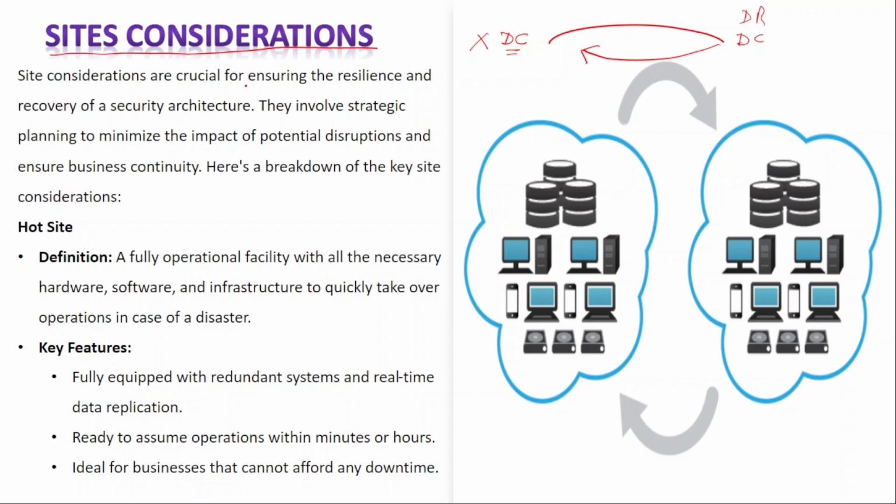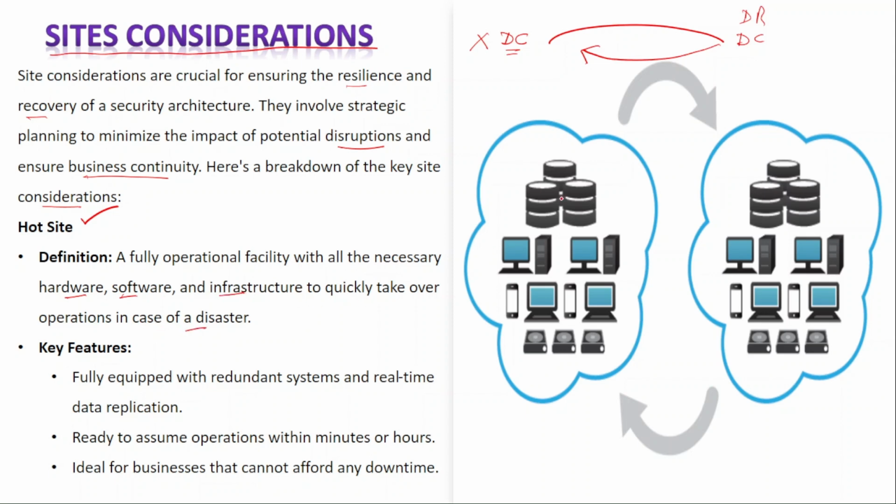So the sites consideration are crucial for ensuring the resilience and the recovery of security architecture. They involve strategic planning to minimize the impact of potential disruptions, and ensure business continuity. Here is a breakdown of the key sites consideration. So these are the different types of sites. We will now study one by one. The first one is the hot site. So it is a fully operational facility with all necessary hardware, software, and infrastructure to quickly take over operation